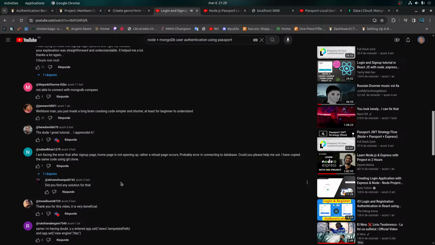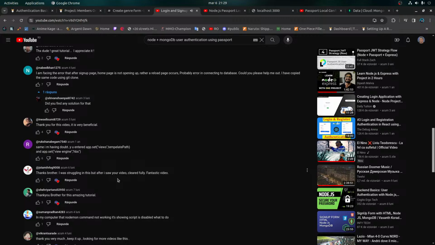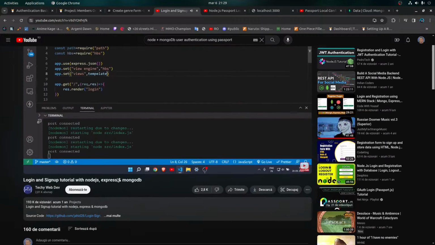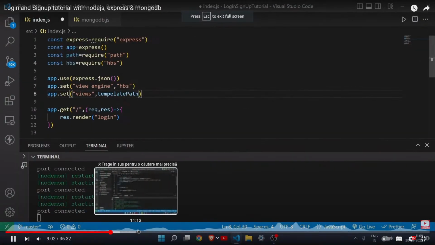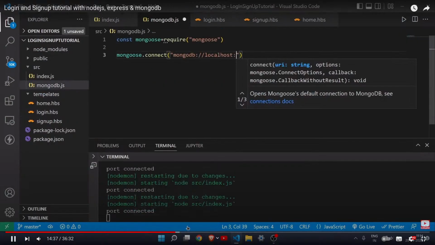And one more line you have to write here, app.set views. This line is to change the name of the views folder instead of the default. Alright, so we will write template path. Okay, make sure, and it is important,